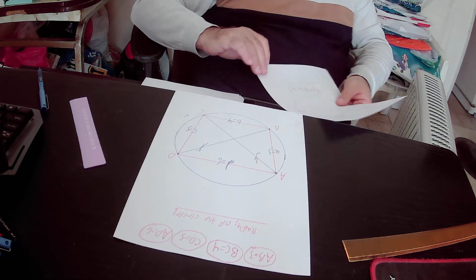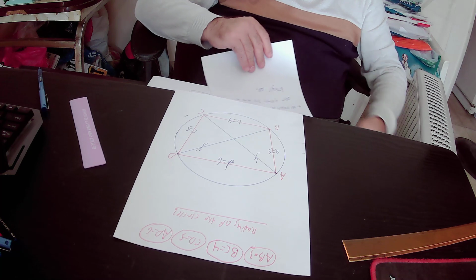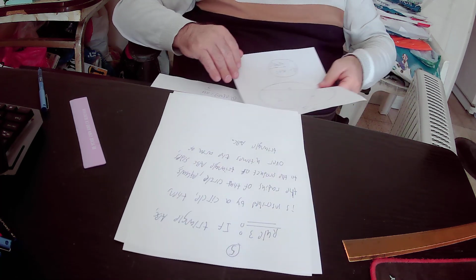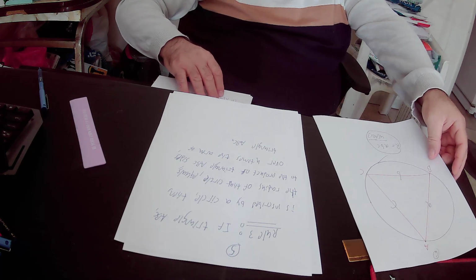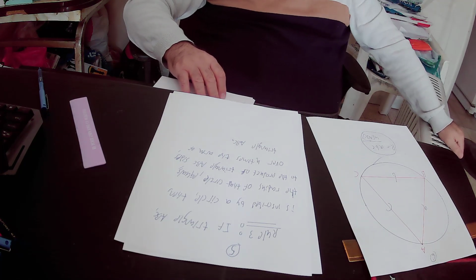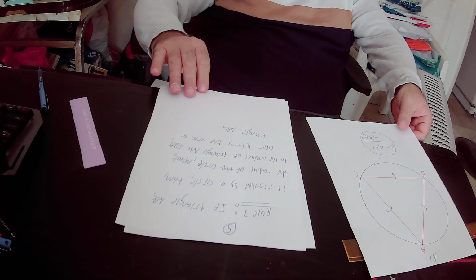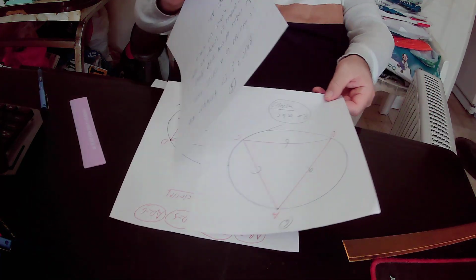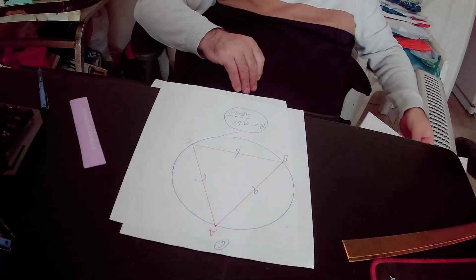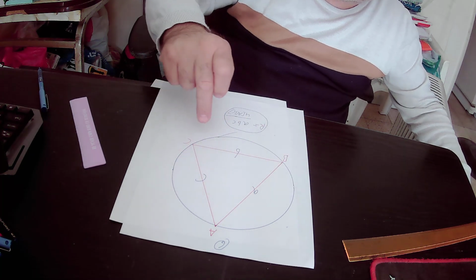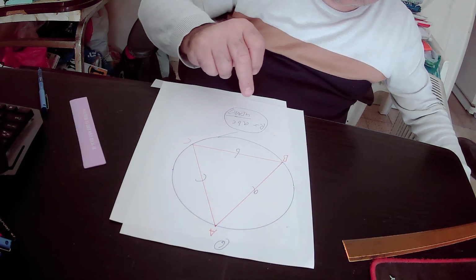And we also have rule number 3. According to rule number 3, if triangle ABC is inscribed by a circle, then the radius of that circle equals the product of triangle ABC's sides over 4 times the area of triangle ABC. So what is the meaning of rule number 3? The meaning of rule number 3 is that if you have this circle and triangle ABC is inscribed by this circle, as you can see from the drawing,